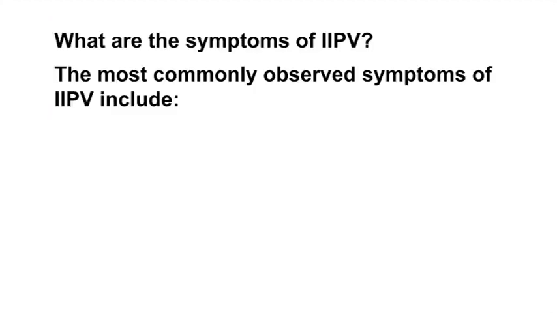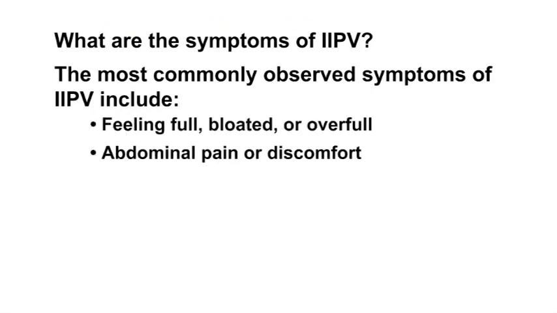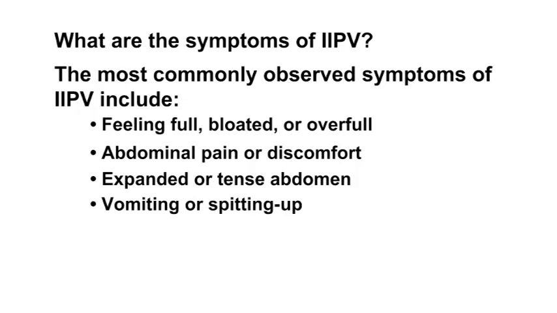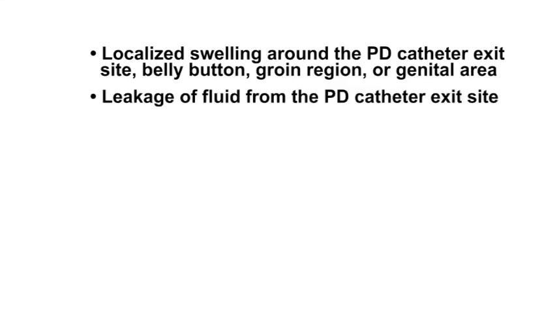What are the symptoms of IIPV? While some people may not exhibit symptoms, the most commonly observed symptoms of IIPV include feeling full, bloated, or overfull, abdominal pain or discomfort, expanded or tense abdomen, vomiting or spitting up, difficulties feeding, localized swelling around the PD catheter exit site, belly button, groin region, or genital area, leaking of fluid from the PD catheter exit site,